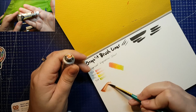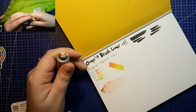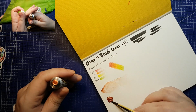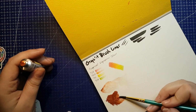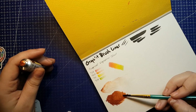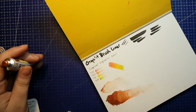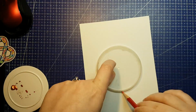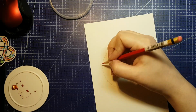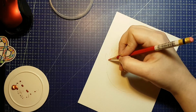$12.95 US dollars, and the card says, "Made in Holland, Rembrandt watercolors are adored by professionals all over the world. This paint is formulated using the highest concentration of pigment and pure gum arabic, which produces pure, intense color. 46 new and improved hues have been recently added to the Rembrandt watercolor line. Which one did you get?" I got number 805 Copper, which is a mica pigment and has an ASTM Lightfast rating of 1, which is